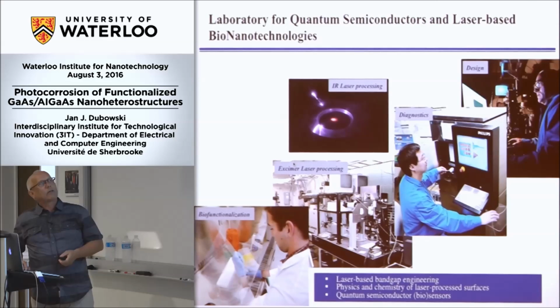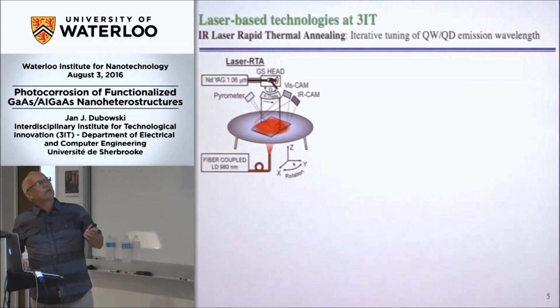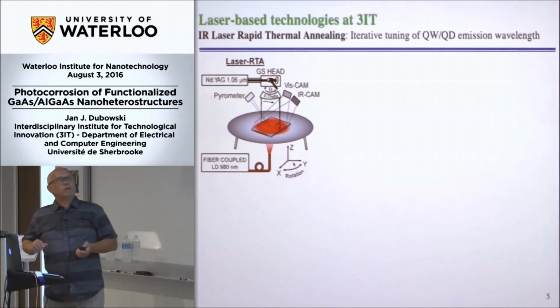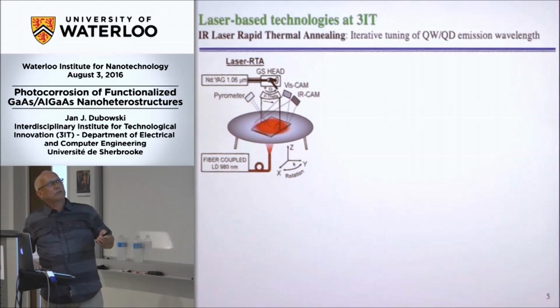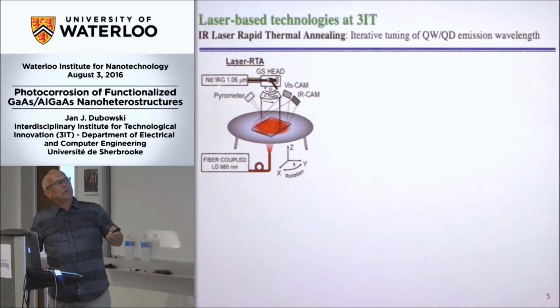Just a couple highlights. What we do, for instance, with lasers, we have a system that we developed for rapid thermal annealing using two different laser sources. And so we can heat any wafers that you want to near melting point temperature if required. But the trick here is that using this light emitting diode, you can bring the temperature of the wafer up to near the threshold that is of your interest, and then use a tightly focused beam of another laser, whose beam is scanned with a galvanometric mirror, and then you can write patterns of